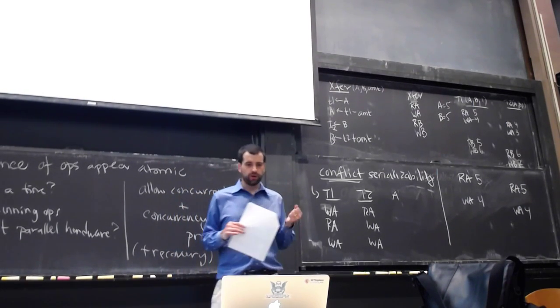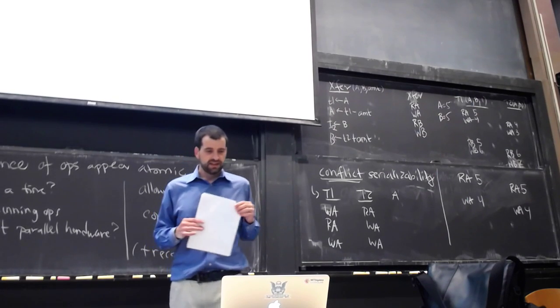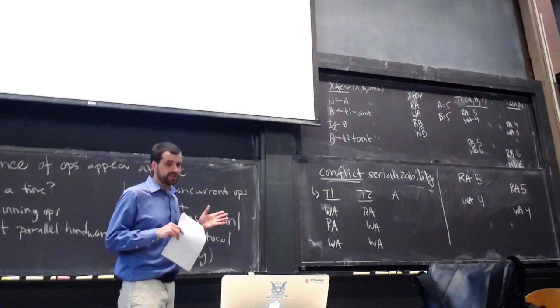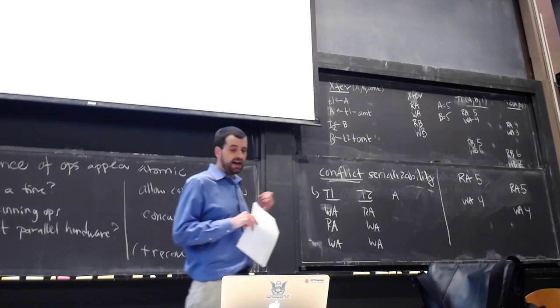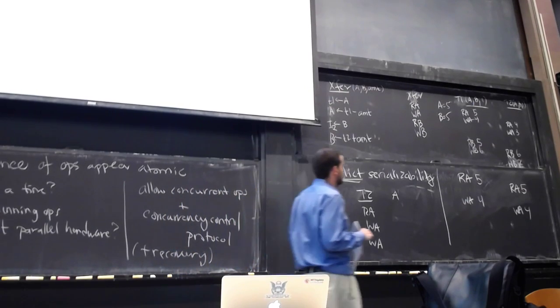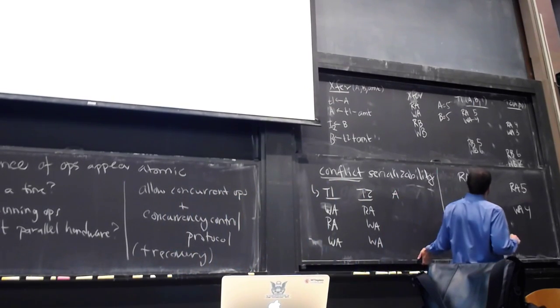Or put differently, this means that for all pairs of conflicting operations, operation 1 in T1 and operation 2 in T2, either O1 always precedes O2, or O2 always precedes O1. Okay, so if we come over here to our example,